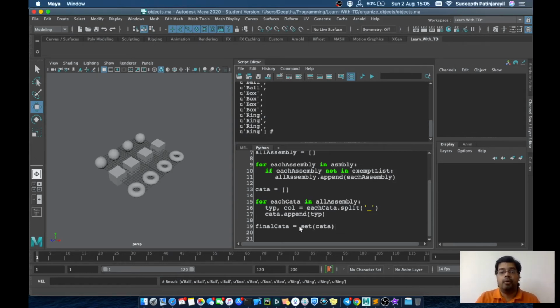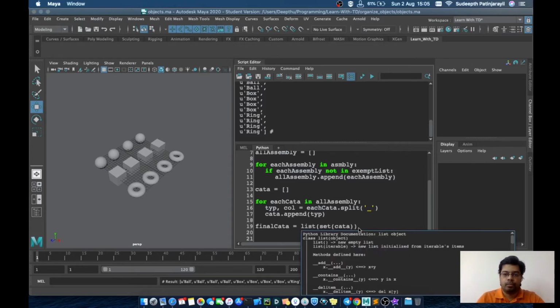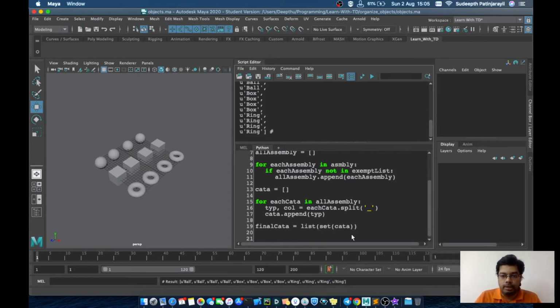So we have to convert this set to a list. What this line is doing is taking this category list, removing all the duplicates using the set function, and converting that again to a list.